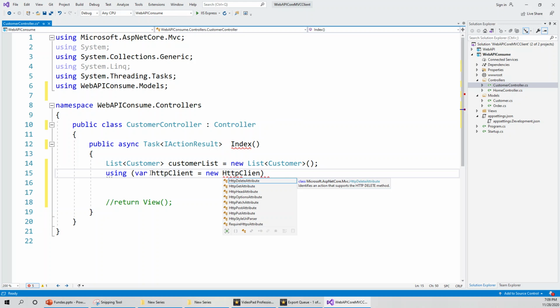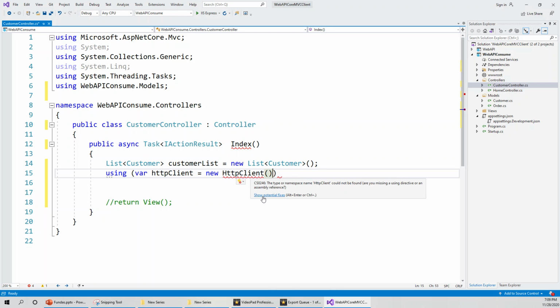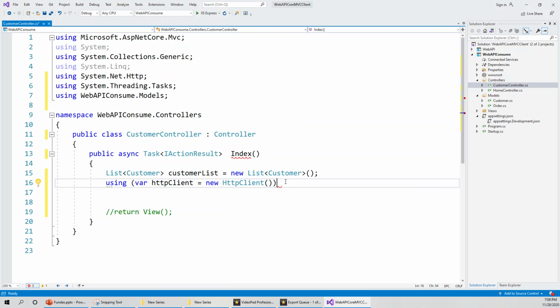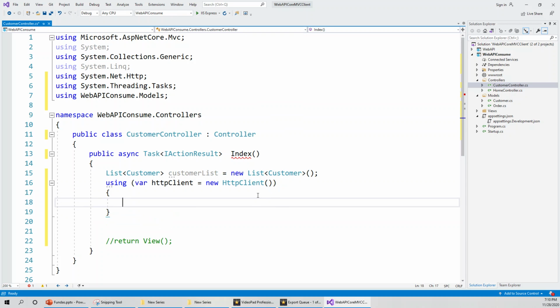And for that, I'll have to use another namespace, and I'll get it from this light bulb icon. So this is System.Net.Http. Okay, this has the HttpClient type within this library. So within the using statement, outside the using statement, I'll use another. So this outer using statement will get an HttpClient object, which is now being used within an inner using statement where